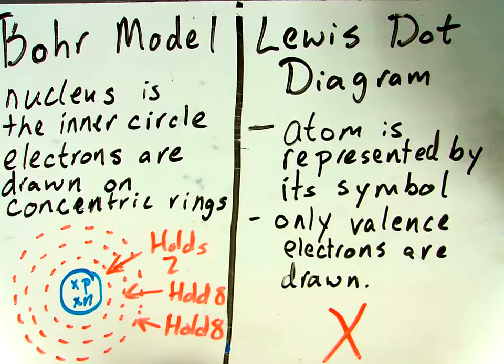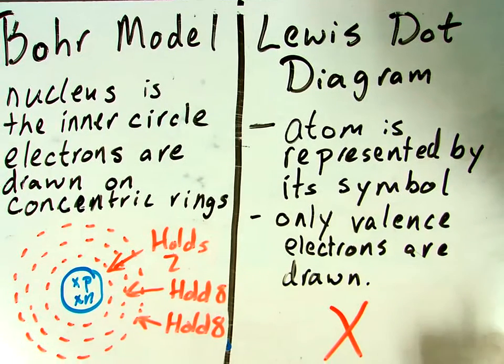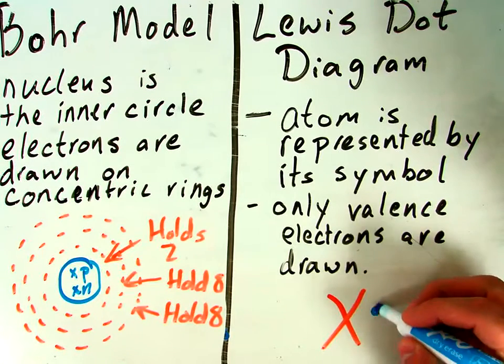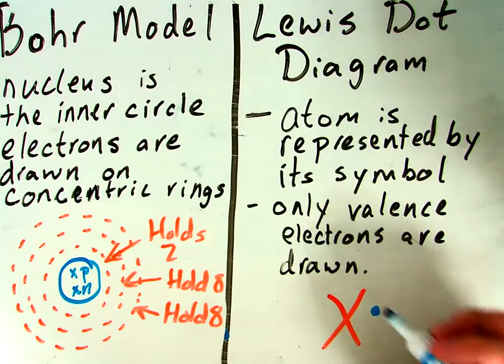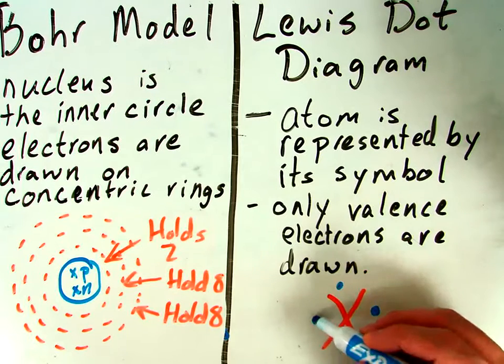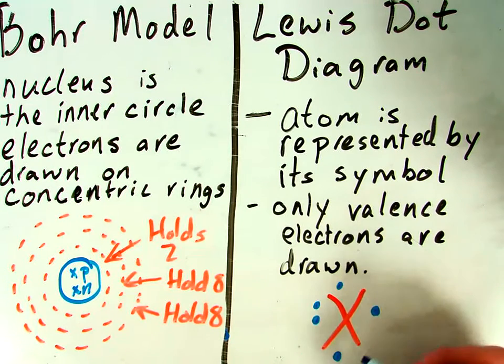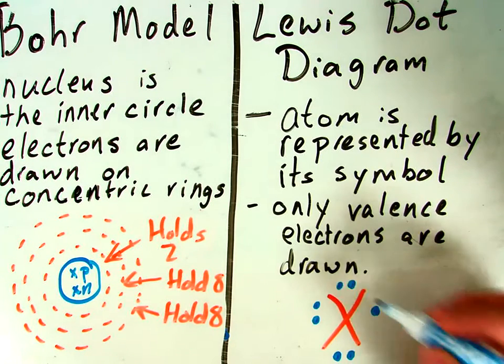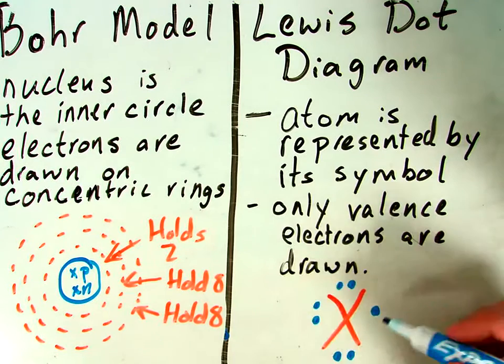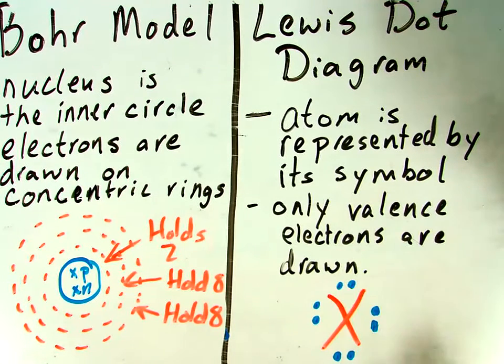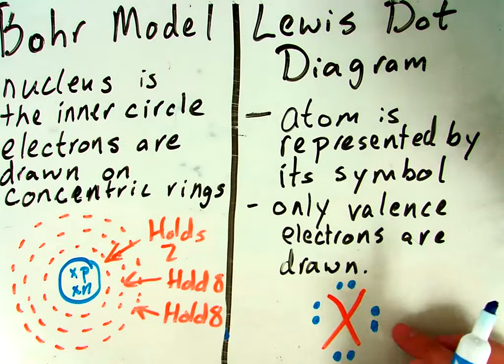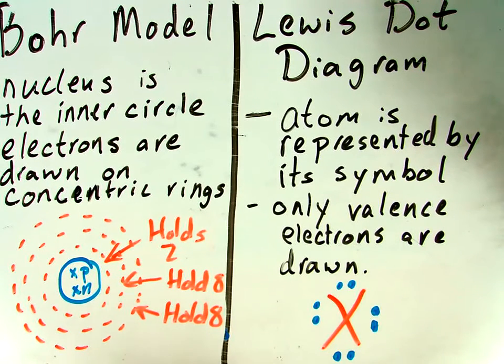With the Lewis dot diagram, we just represent the atom by drawing its symbol, and then we draw the valence electrons. The valence electrons are those outermost electrons, and we just draw them as dots. They get situated in 4 places around the symbol: left, right, top, bottom. And then we pair them up once we've got one on every side. They start to pair up until we get to 8. We can't draw more than 8 valence electrons around any one symbol,